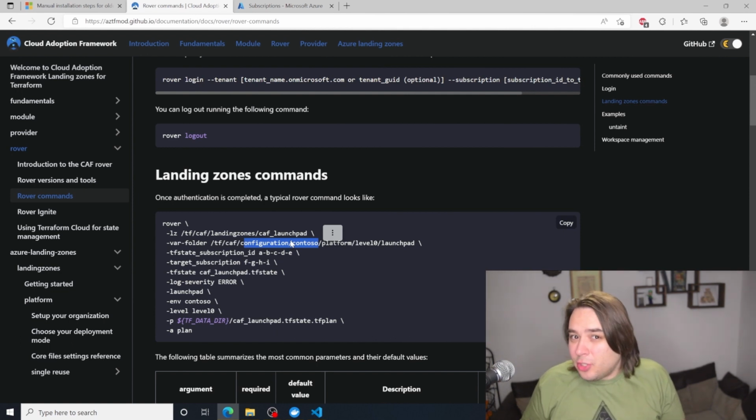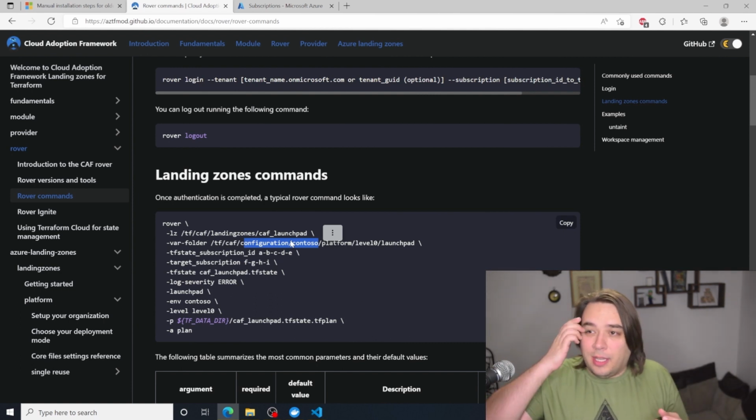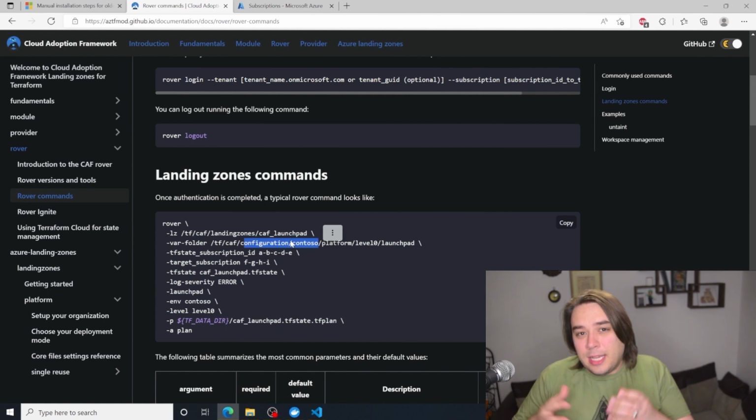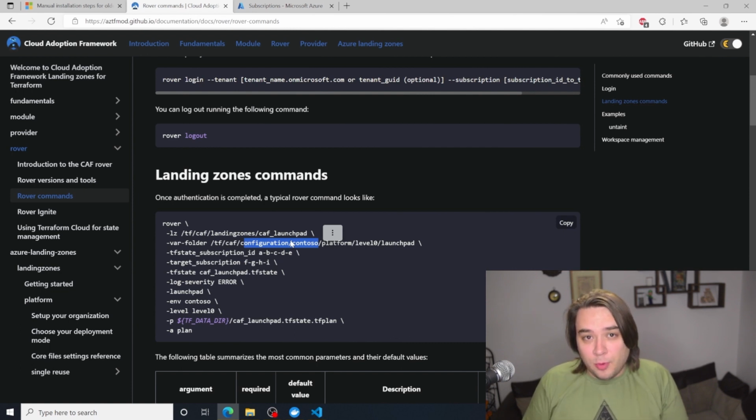Well, they've changed that now, and instead of us copying the tfvars files from a starter repository, we're going to be using Rover Ignite to generate those tfvars files. So that's what we're going to concentrate and focus on next.